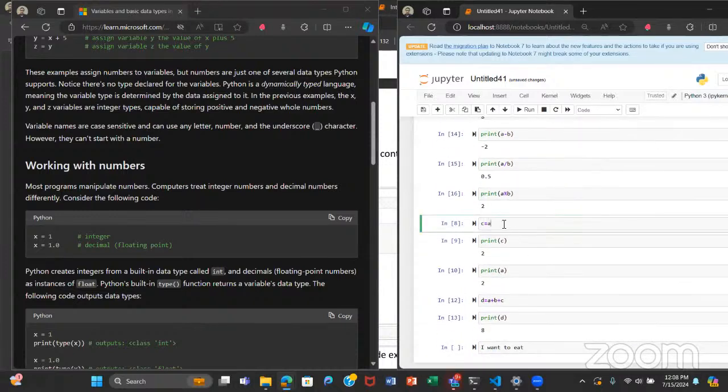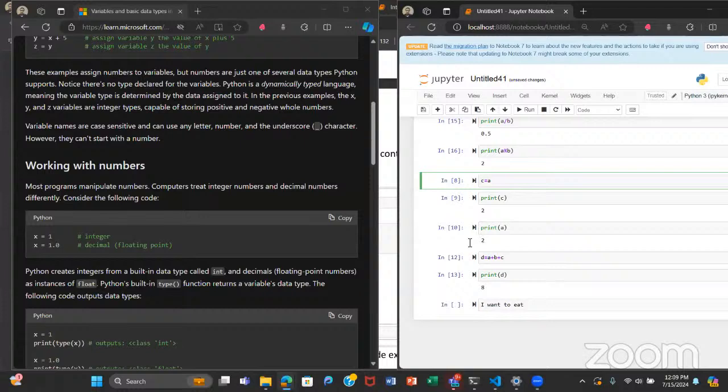So yeah, that's that. I also said that we can assign the value of a variable to another variable. So we have variable A already. So we create a variable C by assigning the value stored in A to C. You print C, we see that it's the same value that is there. We print A, it's not altered. We're just creating a new variable. I also mentioned that we can create a variable by performing operations on other ones. So here I added A, B, and C and stored that in D. I print D, you have A plus B plus C.